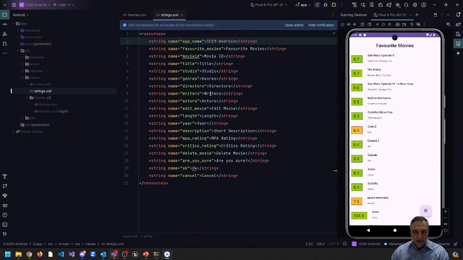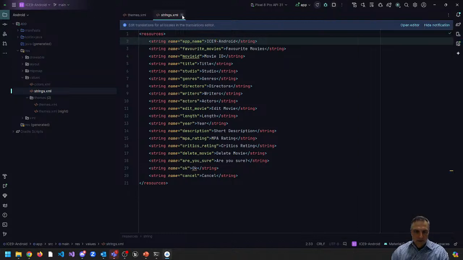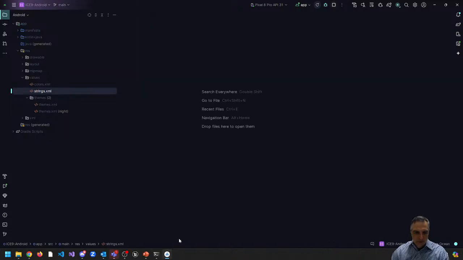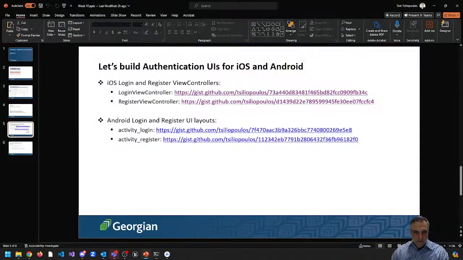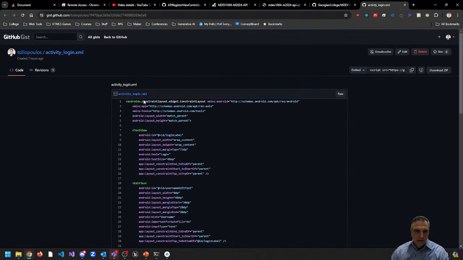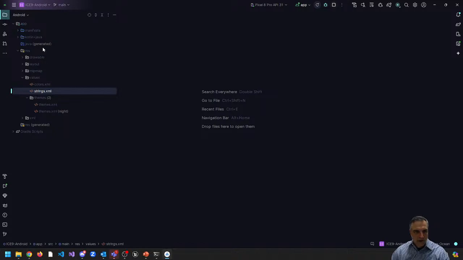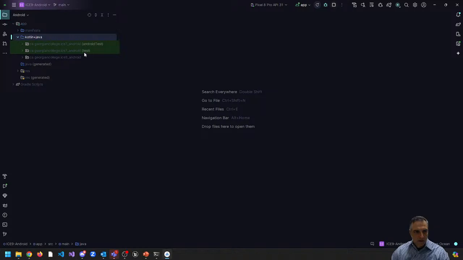And then now that we've done that, we've added everything in, we don't need to see this right now, but we do need to add the two new things that we had before. So here, I've given you a couple of login and register strings. We need to put those in. So again, what I want is the login activity, and in order for us to make the login activity, the smart thing to do is do it first here. So again, I'm going to go into Kotlin, and I'm going to go into here